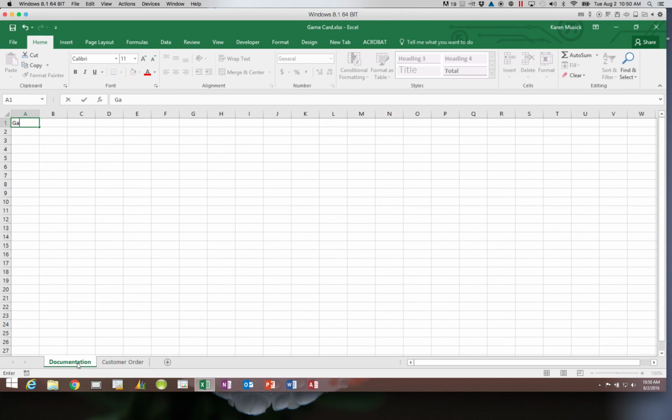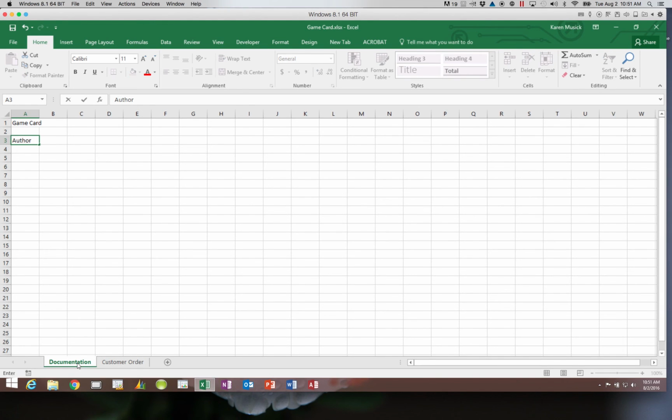So type Game Space Card. When you hit enter, Excel is going to move your active cell down one. And since I want to leave one blank cell, I'm going to hit enter a second time so that now I am in A3. I'm going to type the word author,